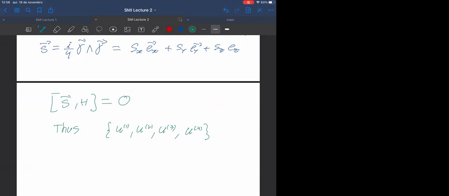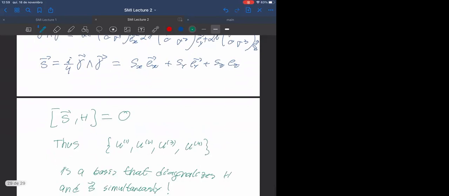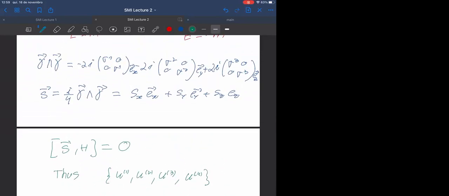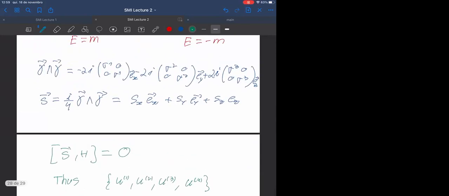There is still in this half here. Thus, it is also a basis that is simultaneously of the Hamiltonian and S. So in the rest frame of the particle, the solutions of the Dirac equation are also eigenfunctions of spin. And if you apply the Sz, basically,